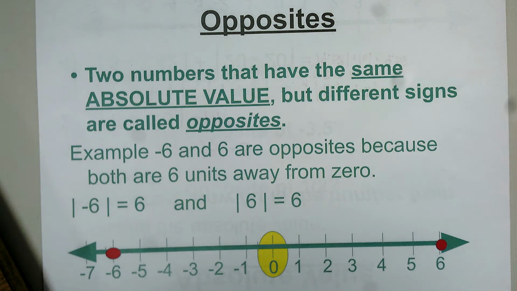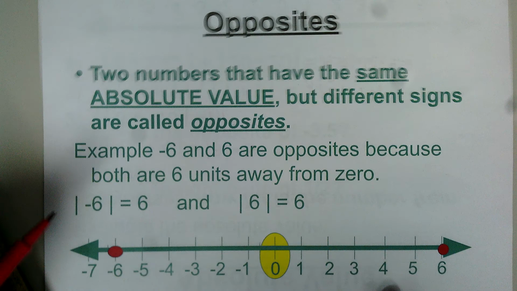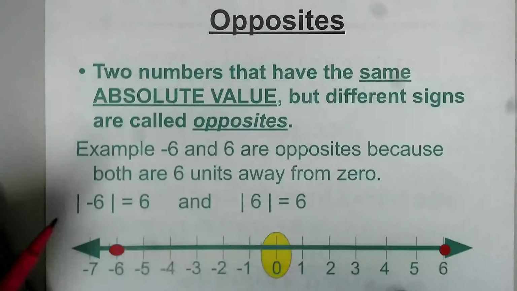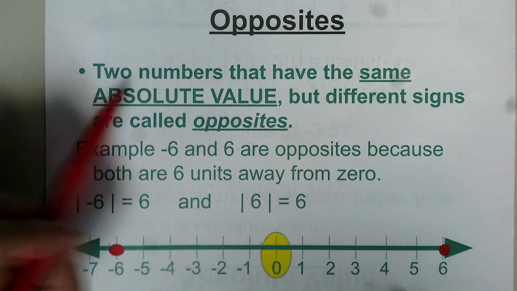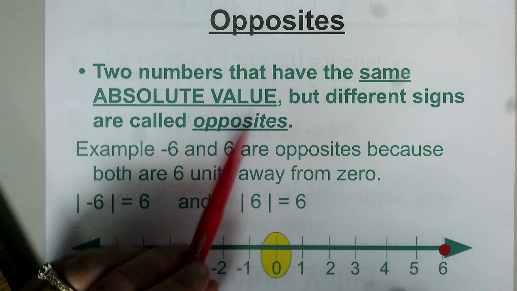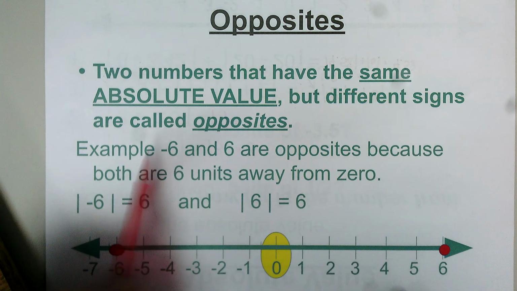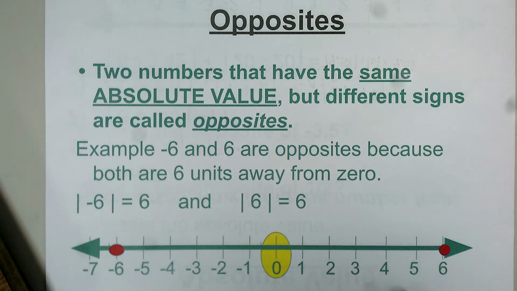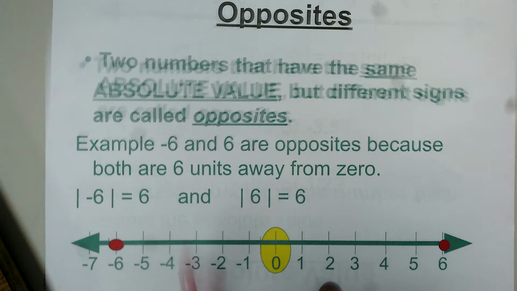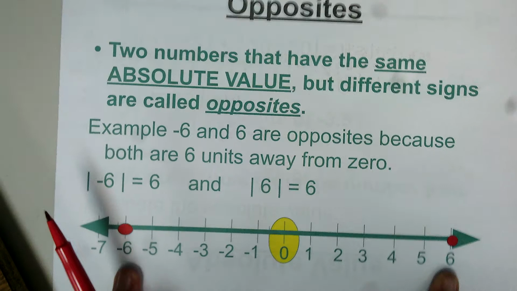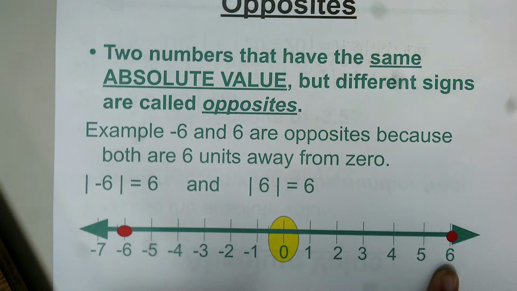Okay, one of the last things that we're going to discuss is going to be opposites. We've already kind of talked about this, but we're really going to talk about what that means. You remember way back when we talked about positive and negative numbers? It says two numbers that have the same absolute value but different signs are called opposites. So if we talked about +2 and -2, or in our example here, +6 and -6, the absolute value of